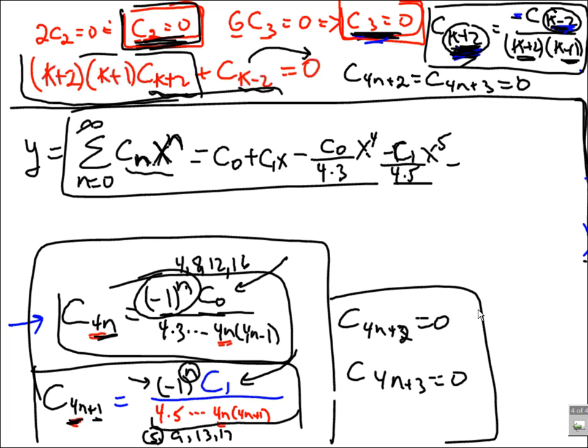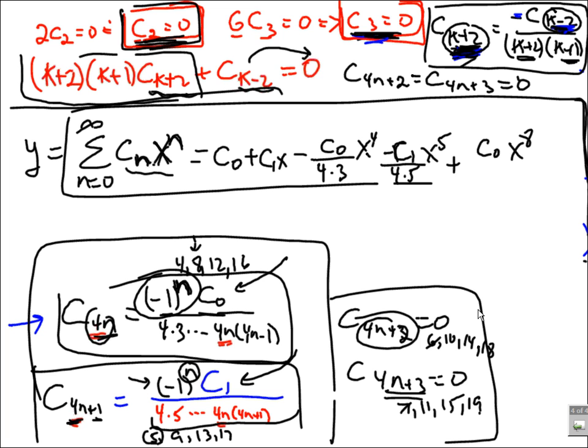Now, x to the 6, well, that's that type of number. And x to the 7 is that type of number. This is going to be 6 and 10 and 14. This is going to be 7 and 11 and 15 and 18 and 19. So 6 and 7 are 0. Now we have 8. 8 is 4 times 2. So n will be 2, which is even, so it's plus C0